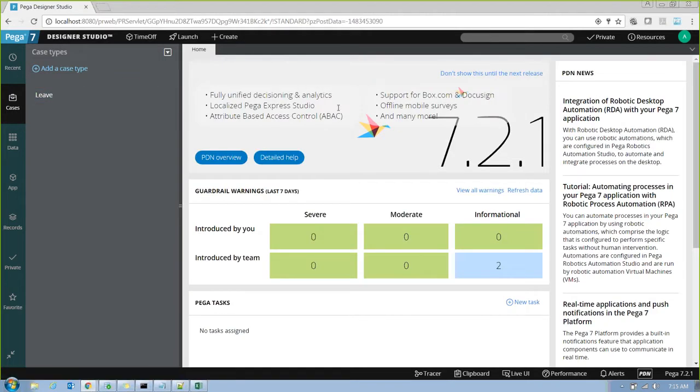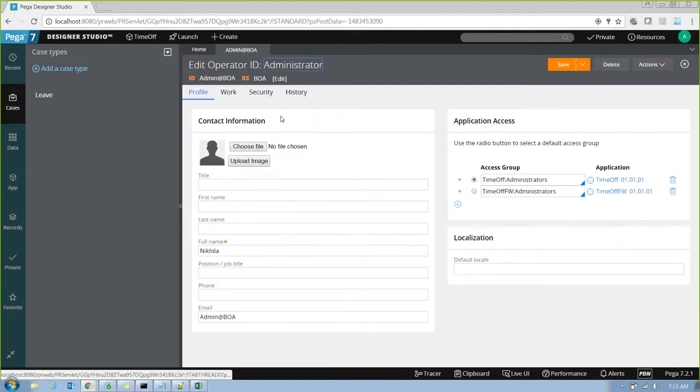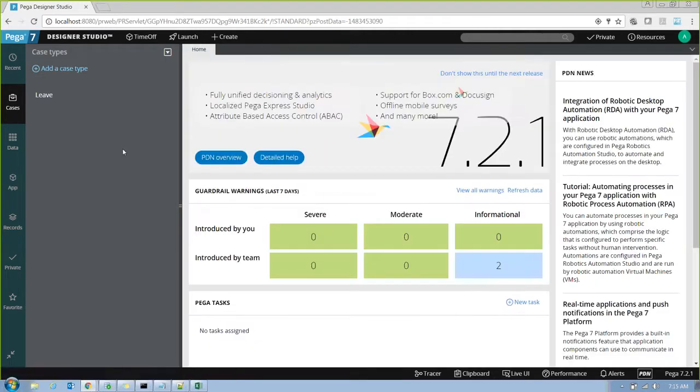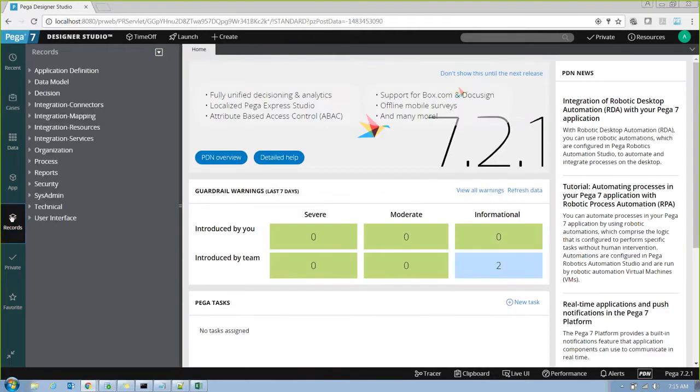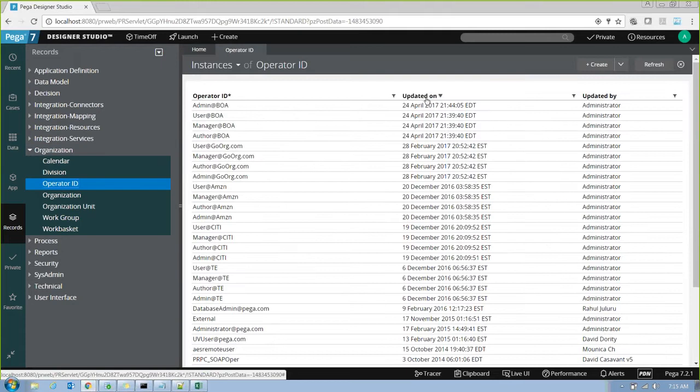How to see my operator name? Here you can see the current operator. If you want to see all the operators, you have to go to Records Explorer. Organization category, operator ID. You will find all the operators.